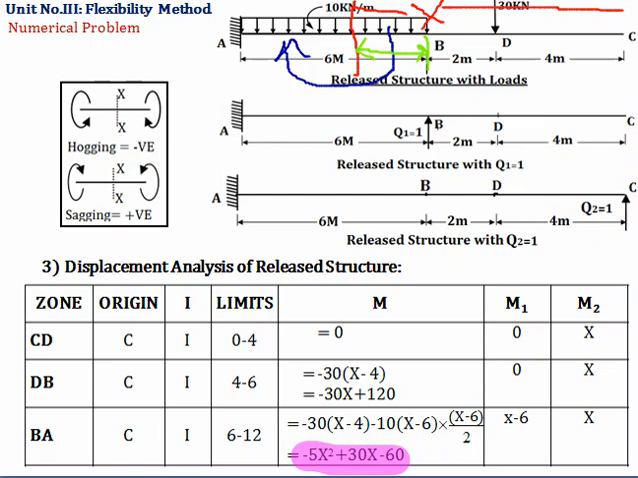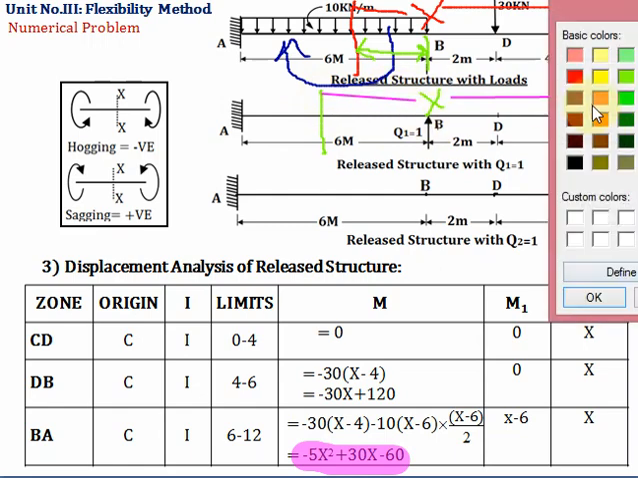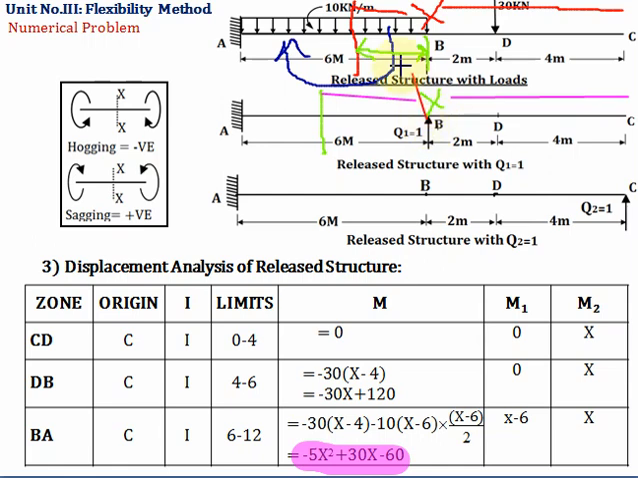Okay. Now next we'll take the section in portion CD and we'll measure the x. The x is measured from where? It is measured from C. Now in this portion, now there is a load. Okay, sorry,